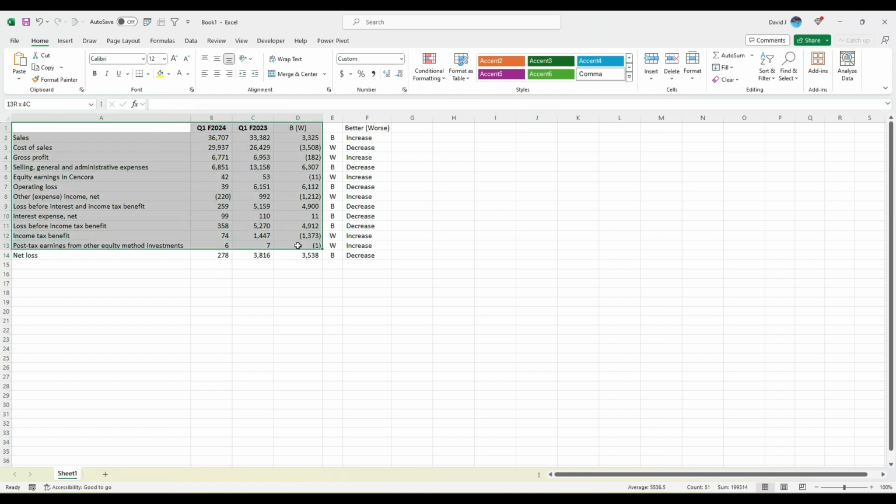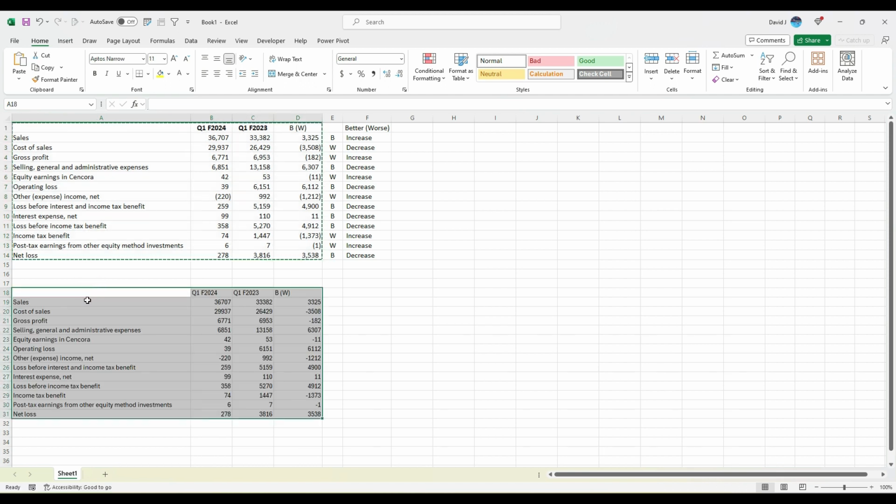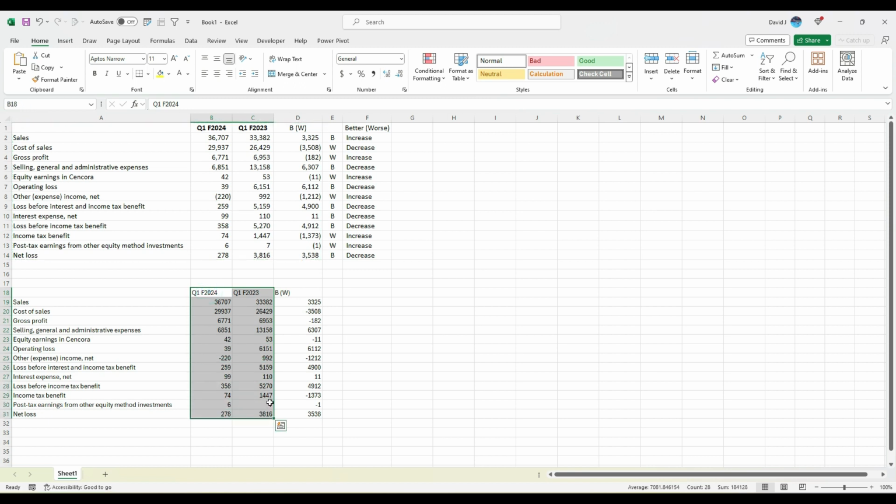So I'm just going to select all this, hit Control C and Control Shift V to paste as values. Now I don't need these ones anymore because I've got the better or worse values. So I'm going to use that. And now when you plot this on a waterfall chart, you want to get rid of any subtotals like gross